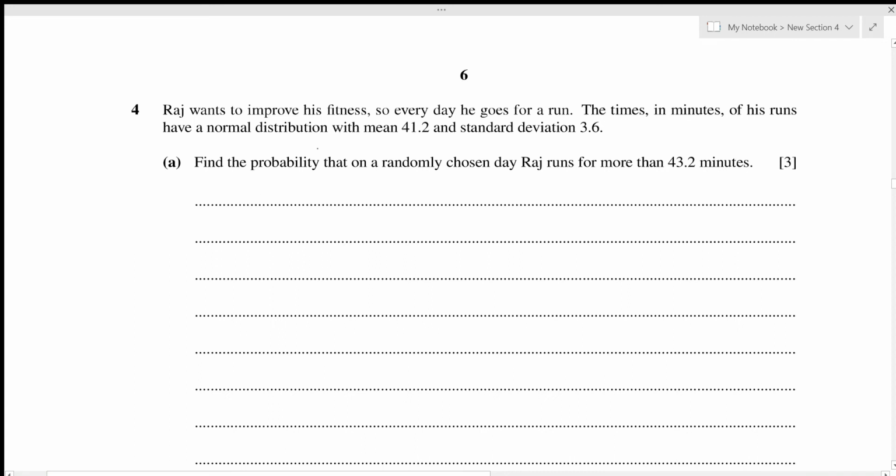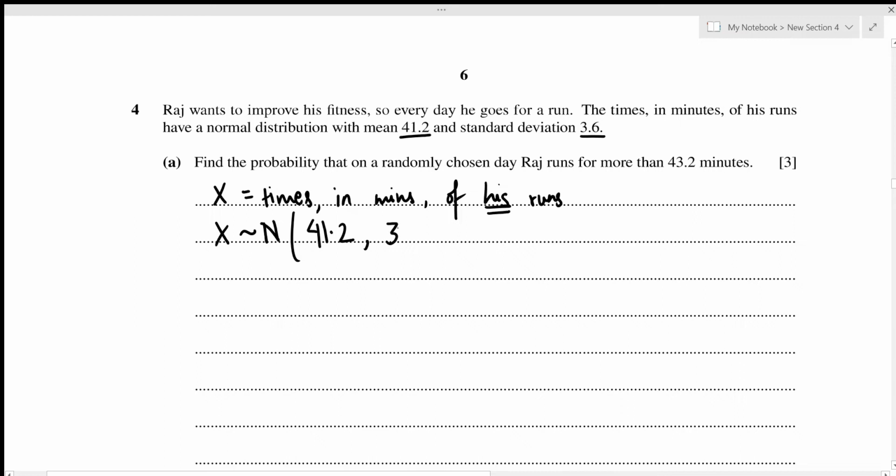So Raj wants to improve his fitness, so every day he goes for a run. The times in minutes of his runs have a normal distribution. Alright, so I'm just going to denote X as the time in minutes of his runs, meaning Raj's runs. And we're given that it follows a normal distribution. And we're also given the parameters, mean 41.2 and standard deviation 3.6. So that's going to be 41.2, comma 3.6 squared,